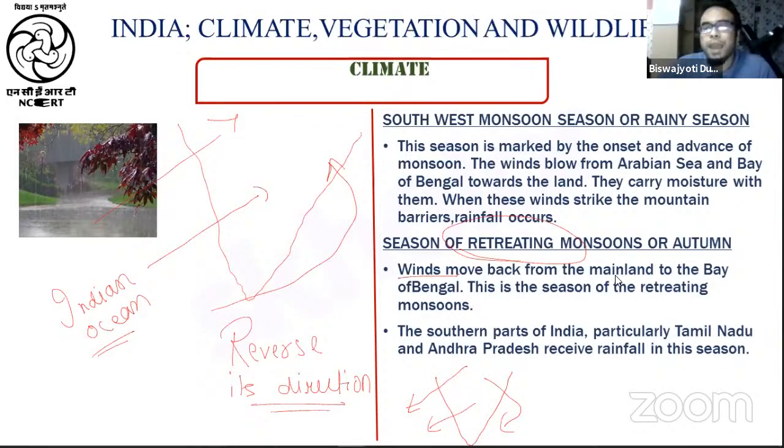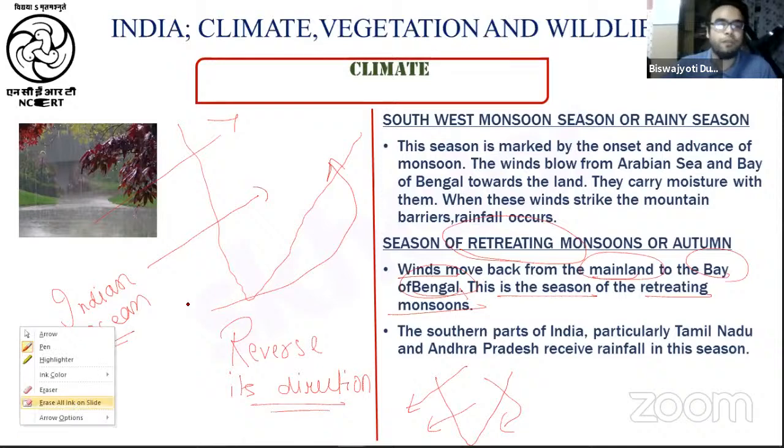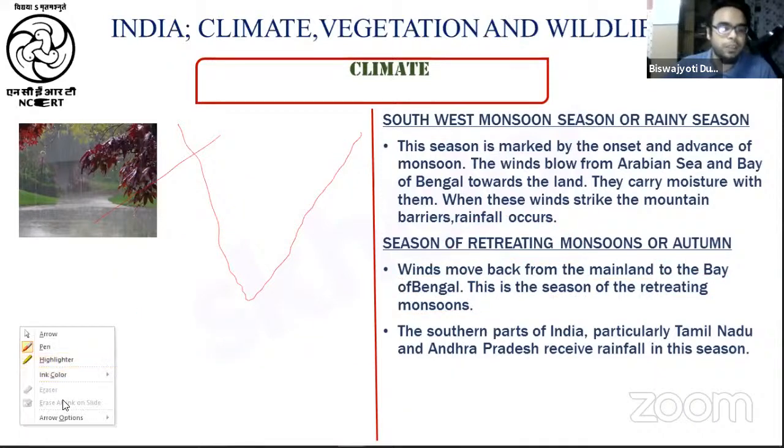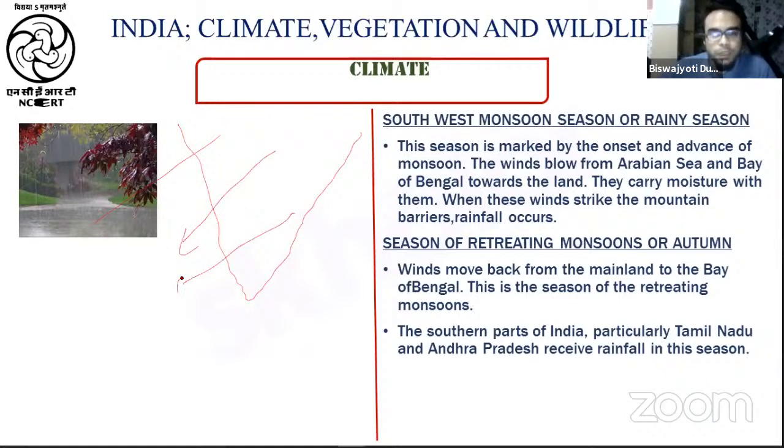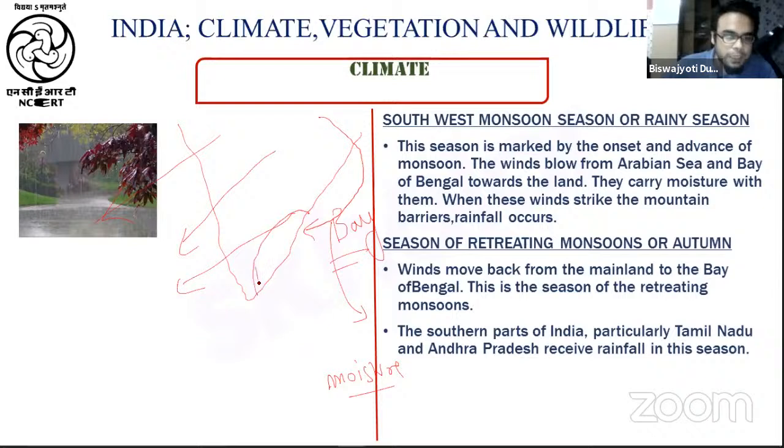Fine. So what happens? The winds will move back from the mainland to the Bay of Bengal region, and this is the season of your retreating monsoon. Now here occurs a very, very important phenomenon. Here basically what happens? As the winds are reversing in the Bay of Bengal region, this wind will carry moisture from the Bay of Bengal,